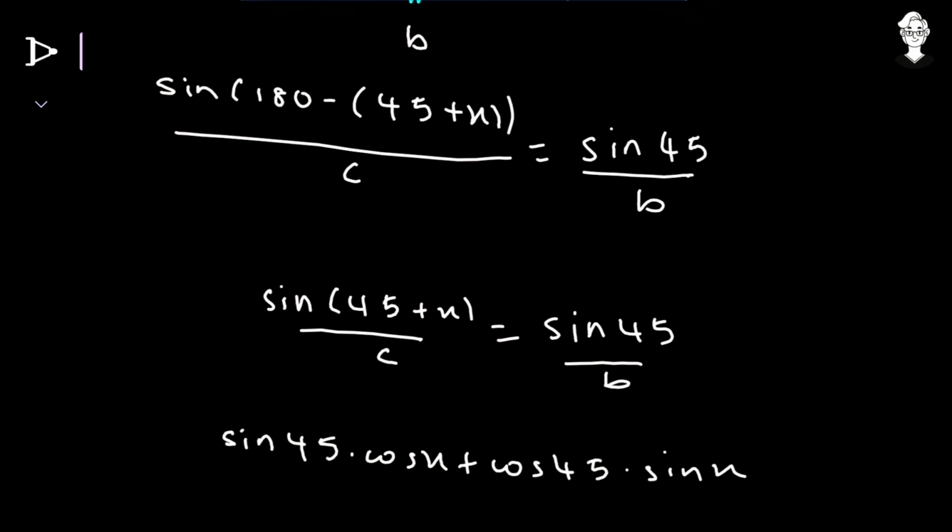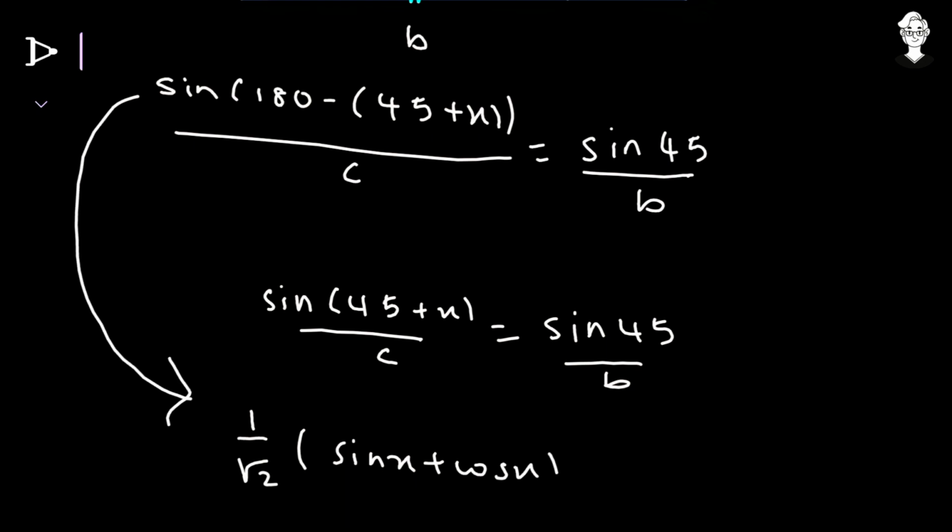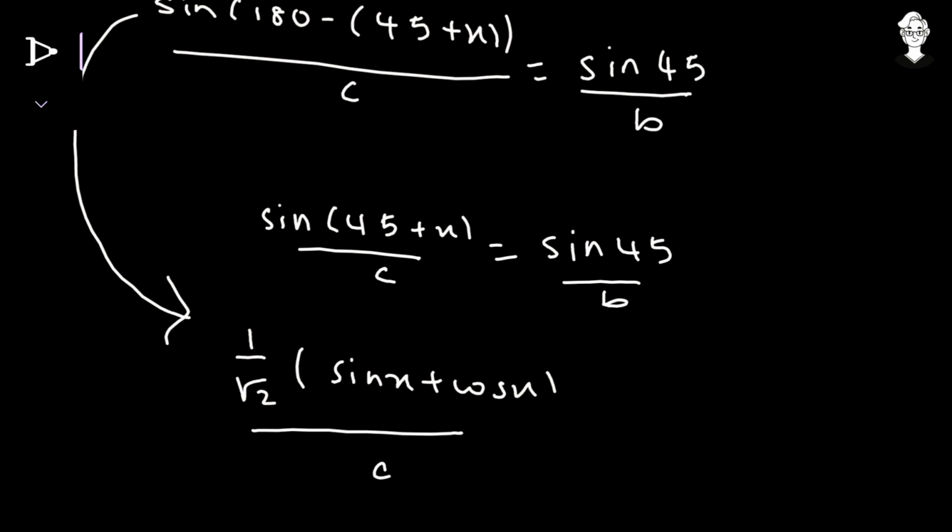Now we all know that yes, sine 45 and cos 45 have the same value, that is 1 upon square root of 2. So I will replace them with 1 upon square root of 2, and I can even take it common from all the terms. So what we will finally have after taking 1 upon square root of 2 common is, inside the bracket, sine x plus cos x. So this is the final simplified form of this thing, and upon c,